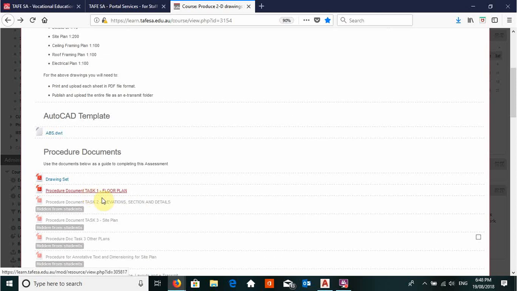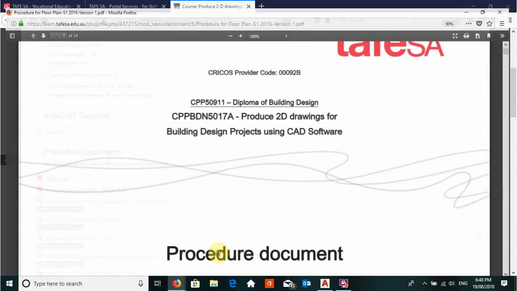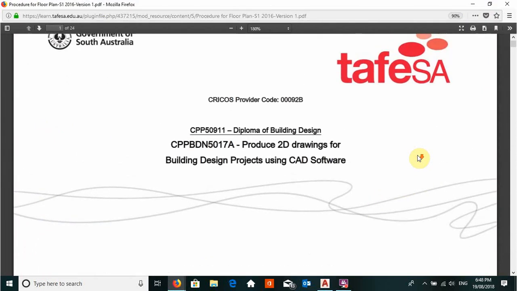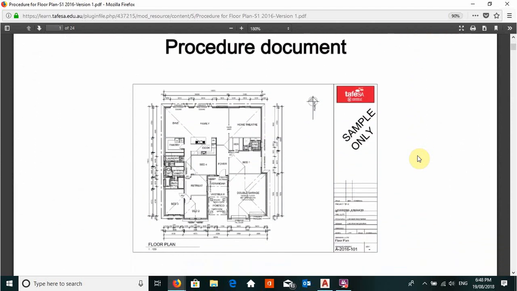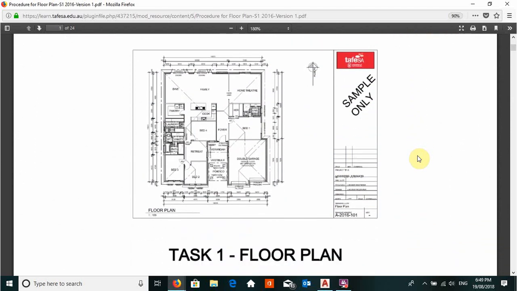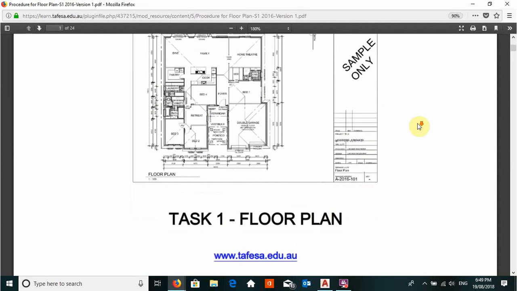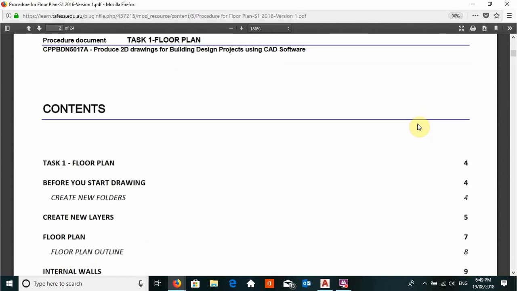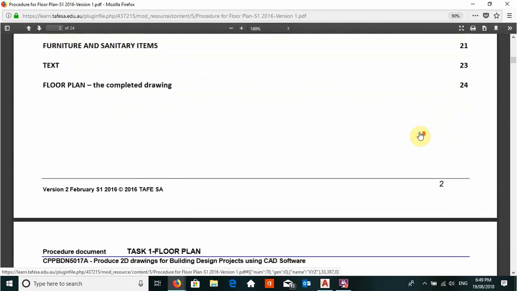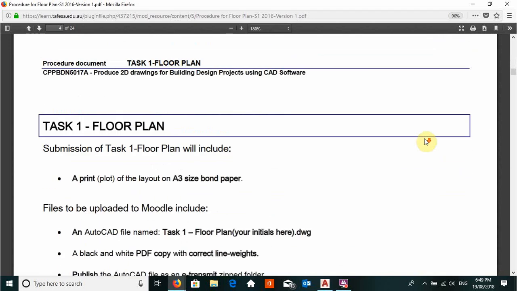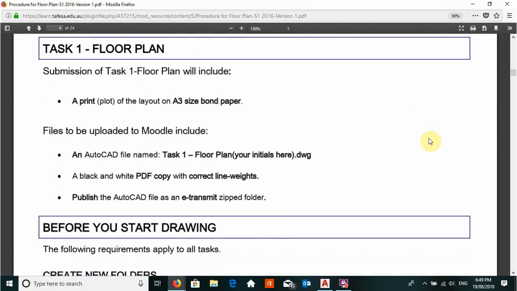So if we click on that, we'll be able to come to the procedure document, and that will take us through what we need to do to complete this drawing. Alright, so ultimately it will look like that at the end, and there's just a table of contents so you can follow it step by step. And the main thing is that we are going to be